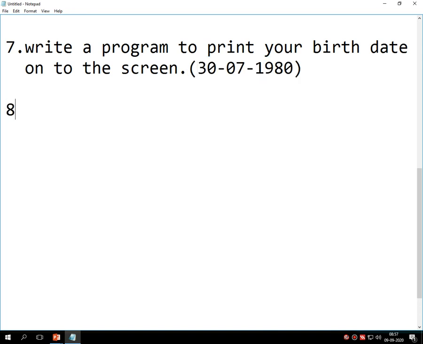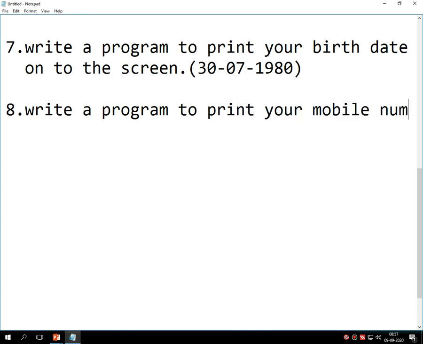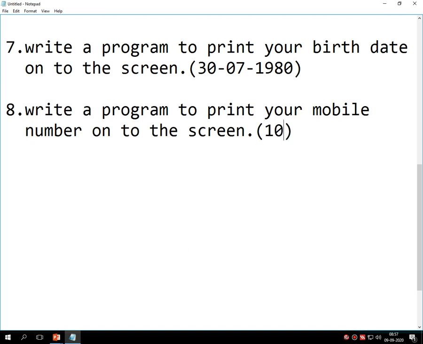Program number 8. Write a program to print your mobile number onto the screen. Whatever the mobile number that you have of 10 digits, you need to print onto the screen. Program number 9.